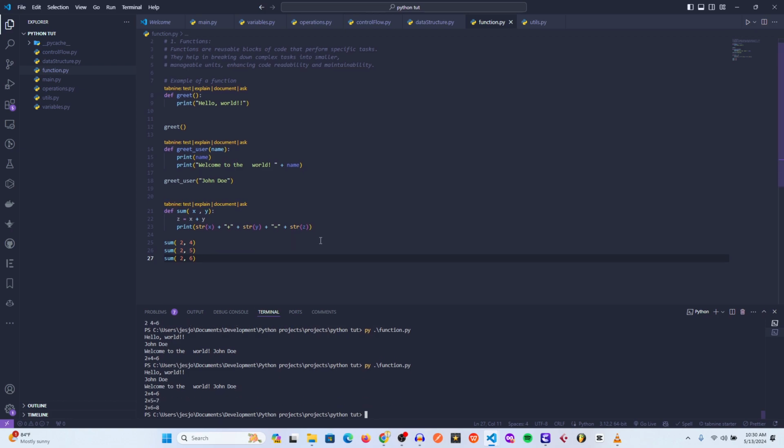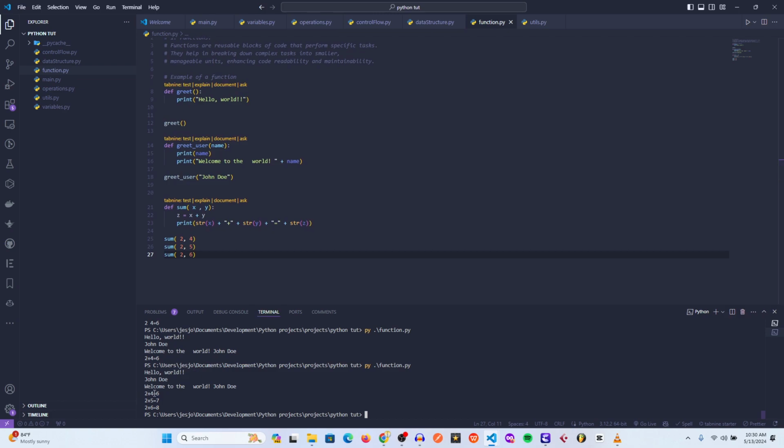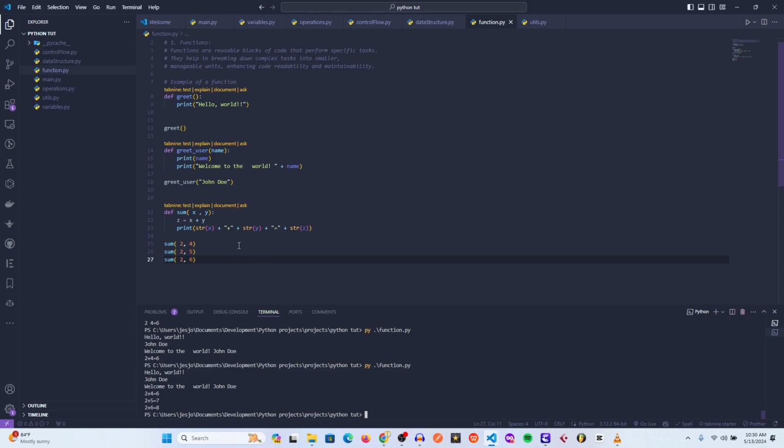We use it to abstract our code and to make it modular and easily readable, and it helps us to restructure our code and prevent us from reinventing the wheel every time. So basically, that is that. So we've learned about arguments, defining functions,